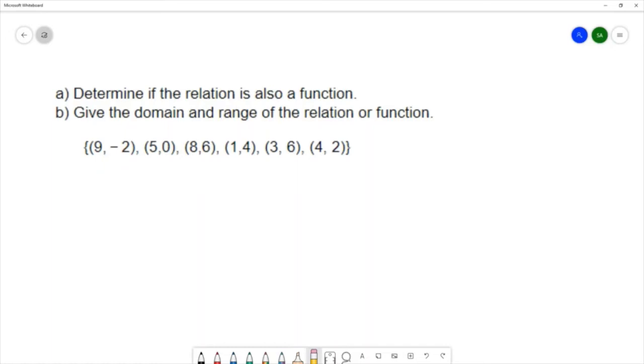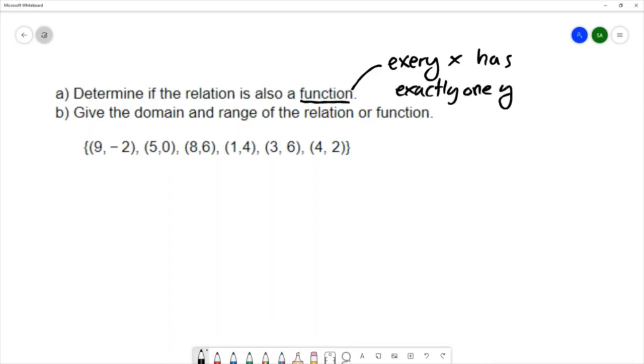This question says, determine if the relation is also a function. Give the domain and range of the relation or function. So in order to determine if the relation is also a function, we need to remember the definition of a function. For a definition of a function, every x has exactly